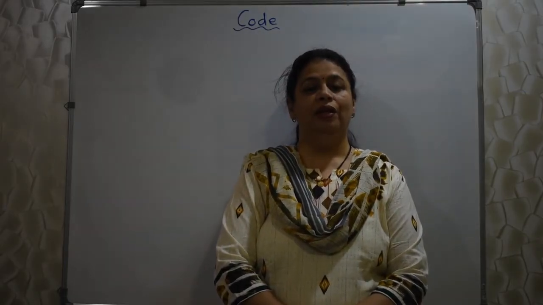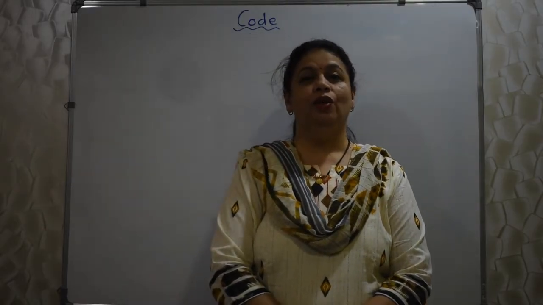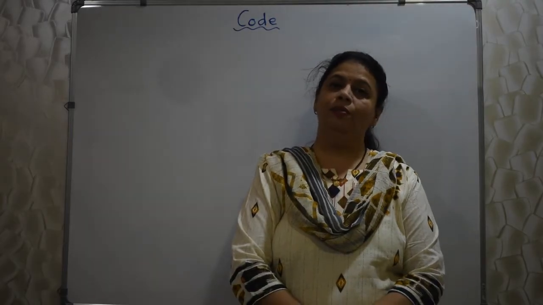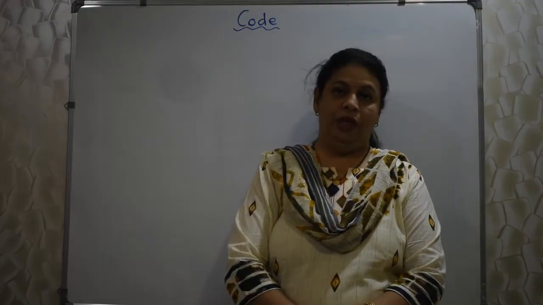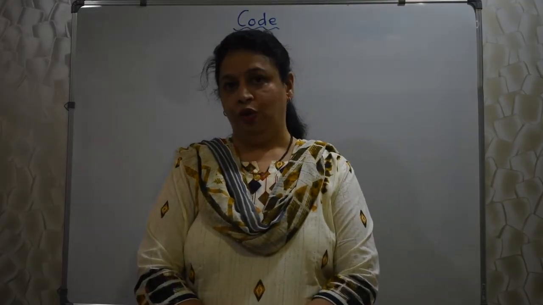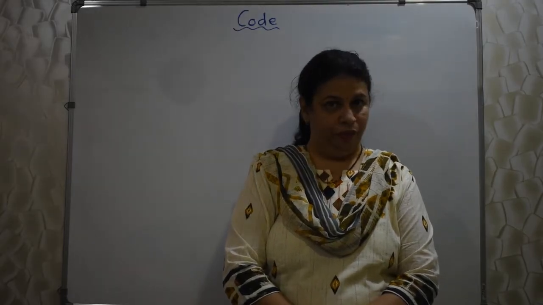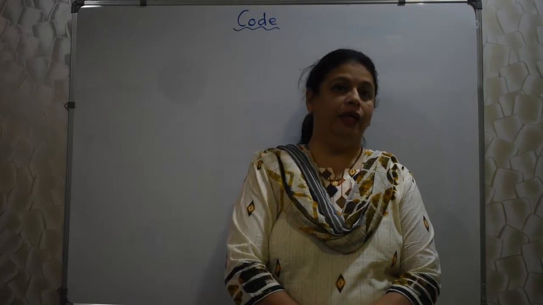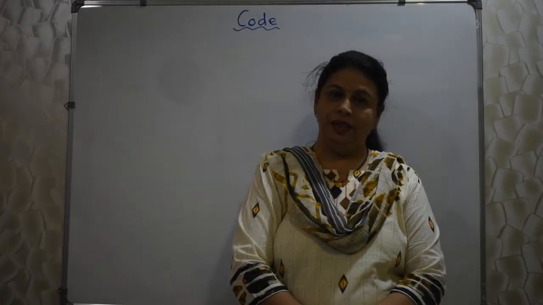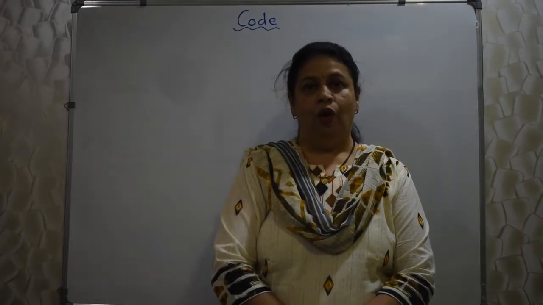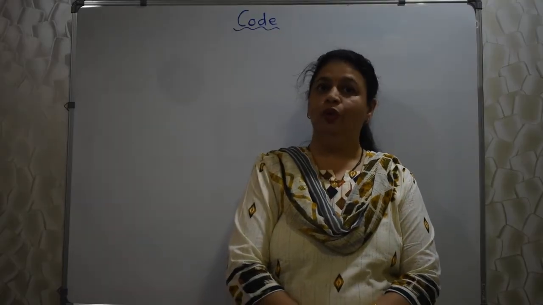Today we will be learning a very important topic. The name of that topic is code. Okay, code is basically a very long chapter. It has 5 different types of codes. Today we will be concentrating on the first 3, that is codes for letters, digits for letters and symbols for letters. And the rest I will cover in the next video. Otherwise this video will be too long.